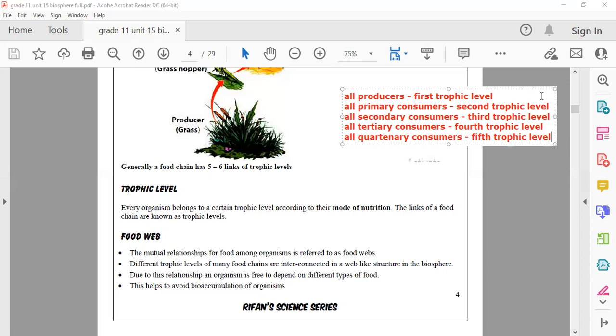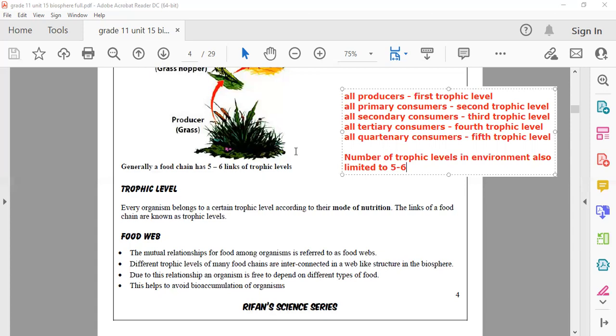So the number of trophic levels in the environment is also limited to 5 to 6. This note should come to you under trophic level. Hope you can understand it. Okay, and further,